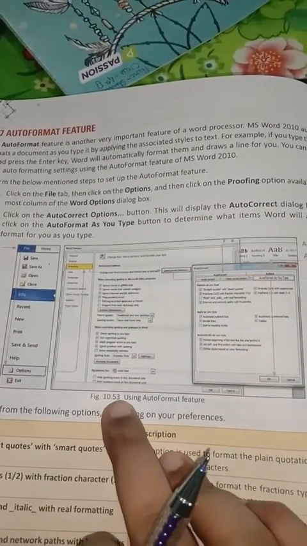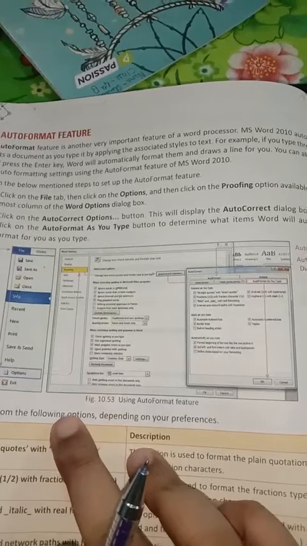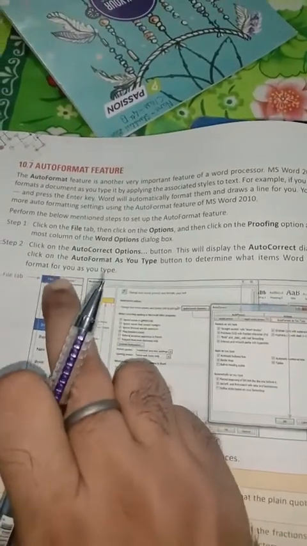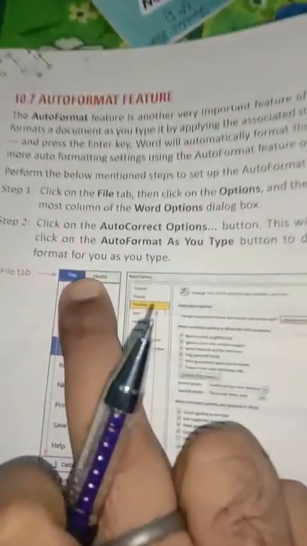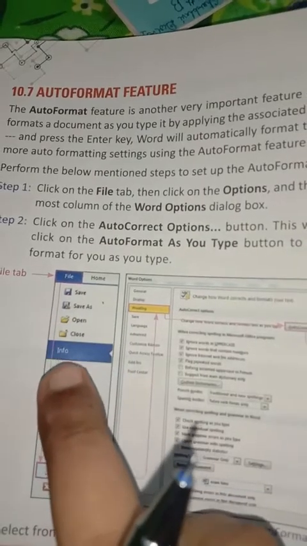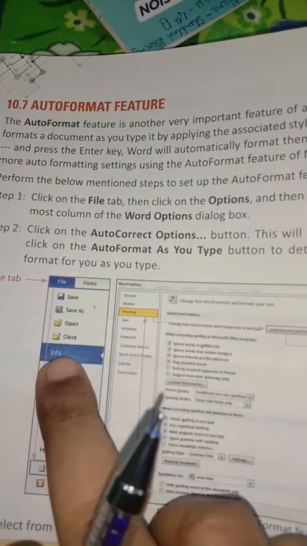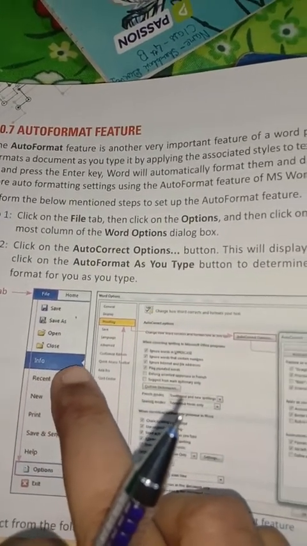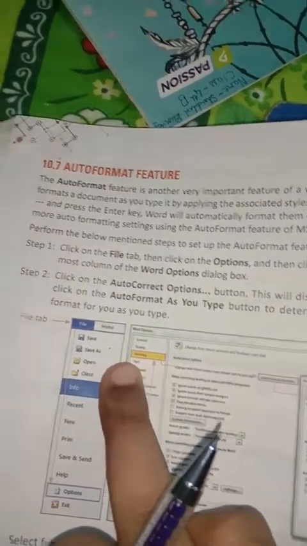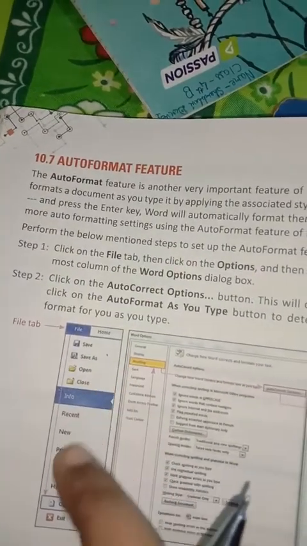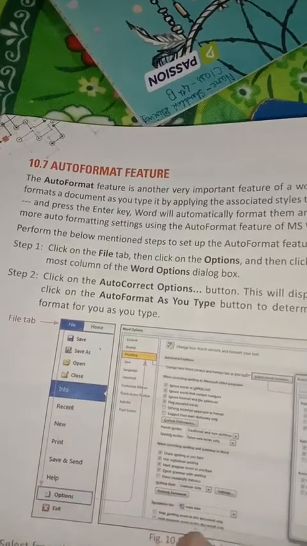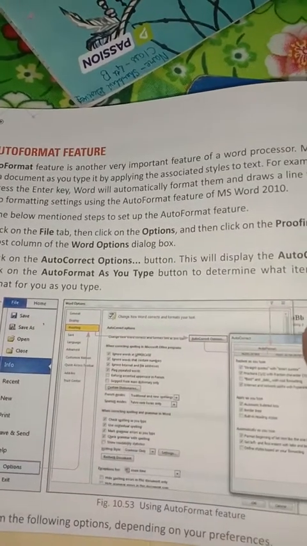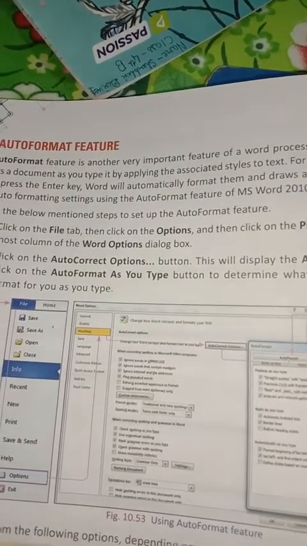This is figure 10.53 of using the auto format feature. From the File tab, move to the Info group, and click on Proofing. As soon as you click on Proofing, a window of this type will appear before you.